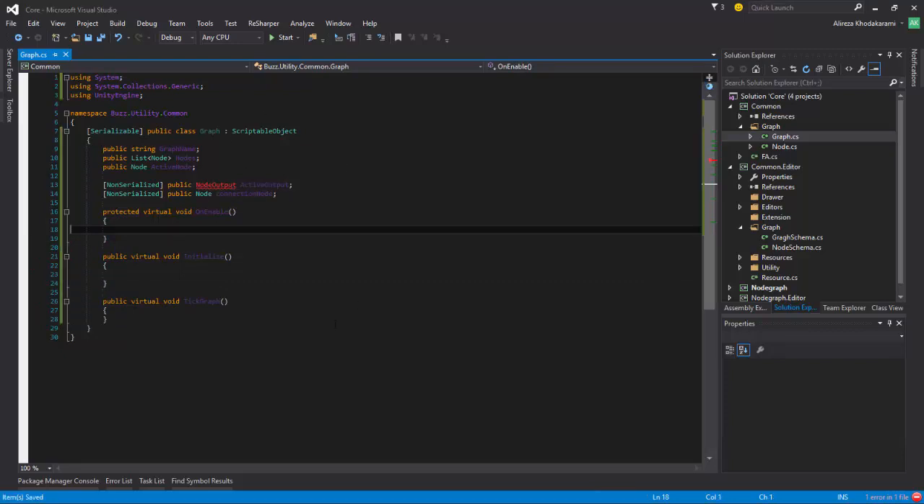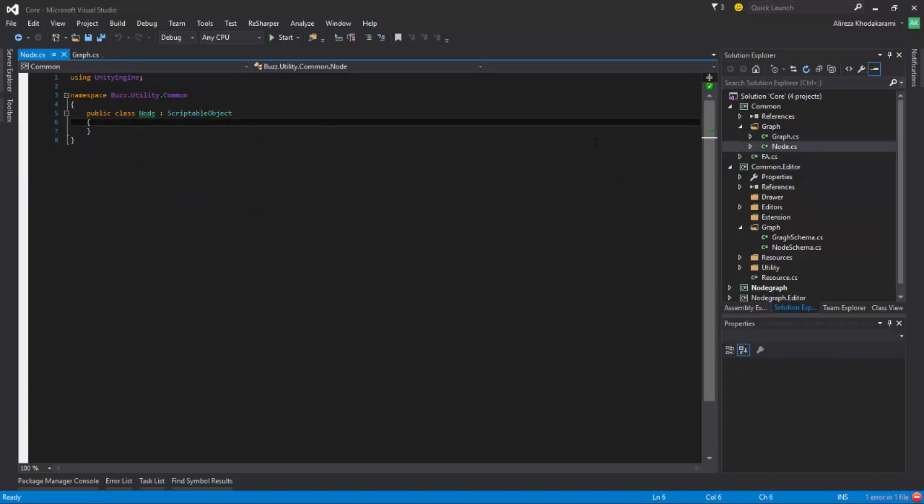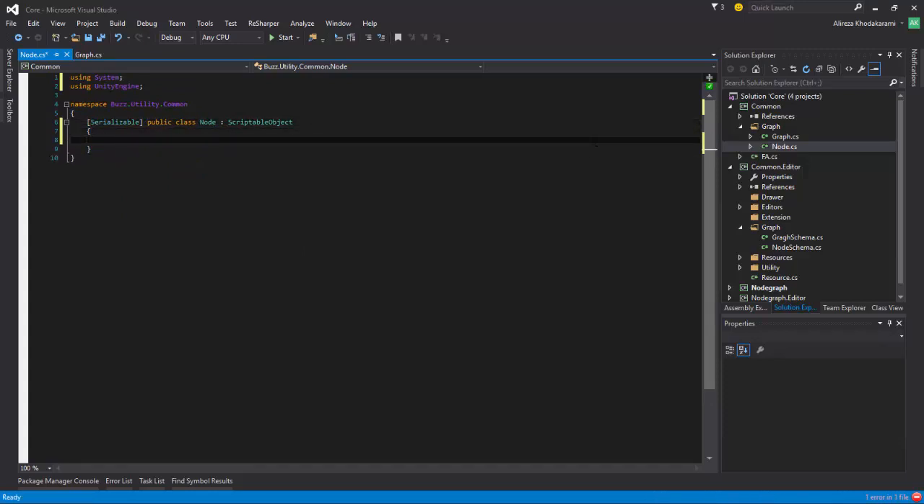By the way, for a few episodes we won't be able to go back into Unity and see anything happen because we need to implement tons of stuff before going there. Now, base node is again a serializable class, and we will have a public string node name, a public graph, and we call it parent graph,